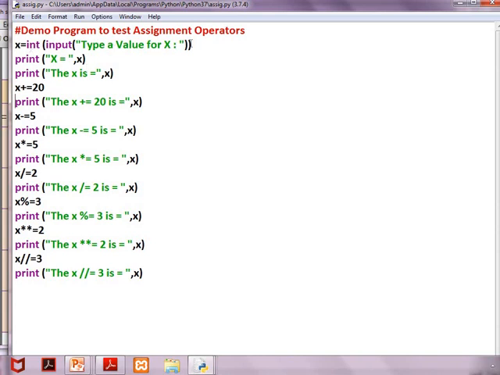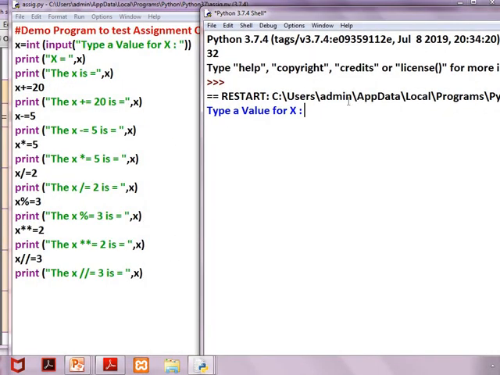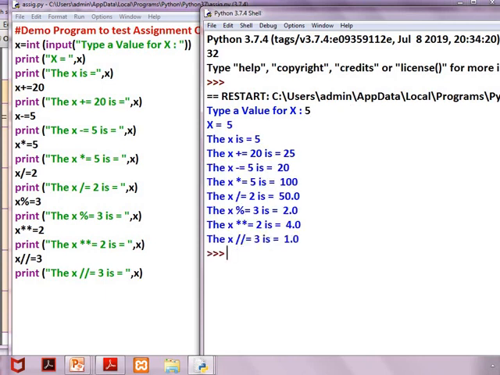X is given by the user and we are doing the assignment operation. See first what is the value of x. I'll give 5. So x is 5. Then print x is 5.